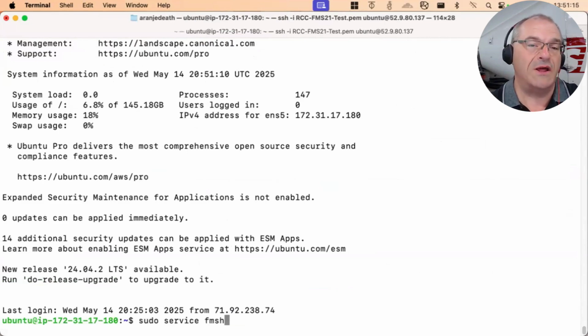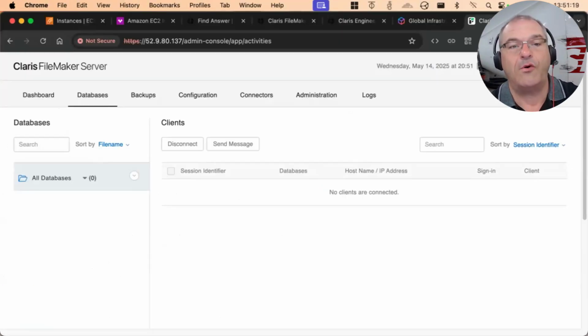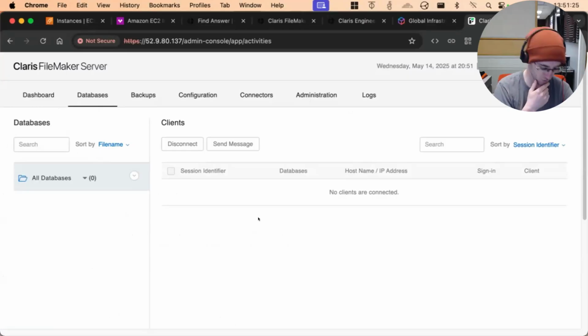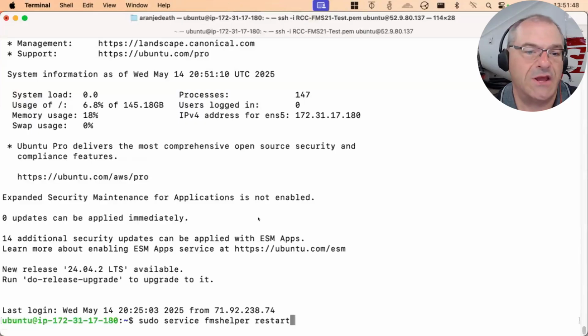So the bottom line is you must have SSL on your FileMaker server, period. Either you pay for it or you get the free one. And it's not a 2-minute conversation. Maybe we could do a whole day on it, and we should once 22 is out, on Let's Encrypt specifically. So we're going to kick that can down the road for a couple months because we really don't want to do it right now. All right, what else we got?